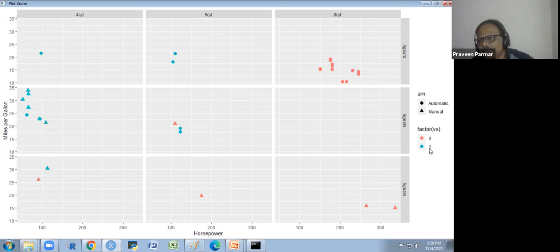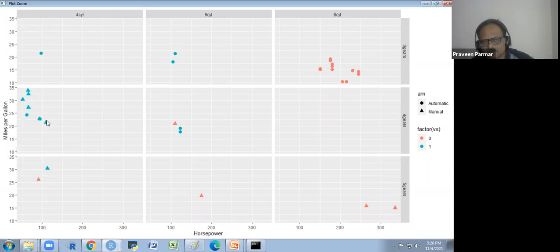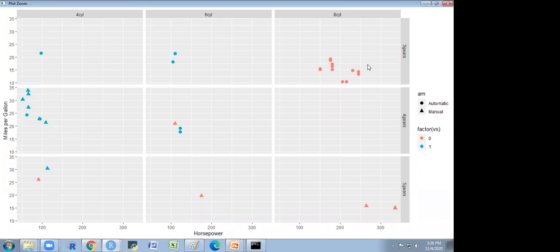Now, as per the VS, we could bifurcate it also, red and green. But sir, some of the circle and triangle are in 4 gears also. Yeah. That's why I am explaining how to interpret it. In 4 gears also, there is automatic and there is manual both, right?